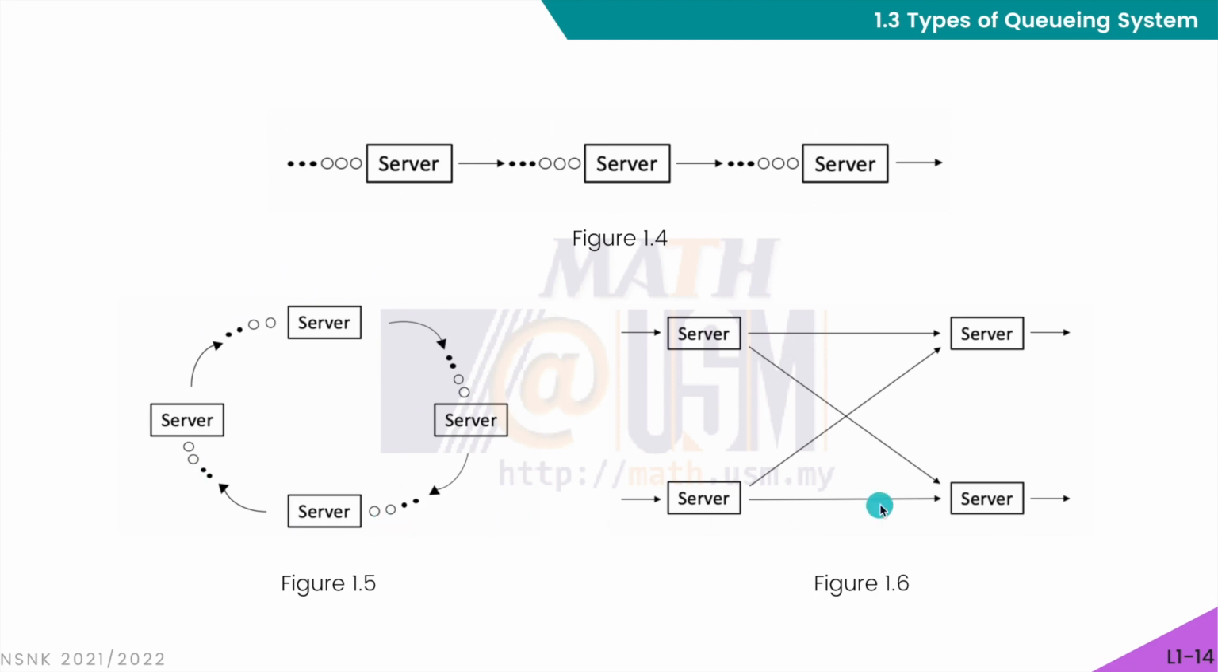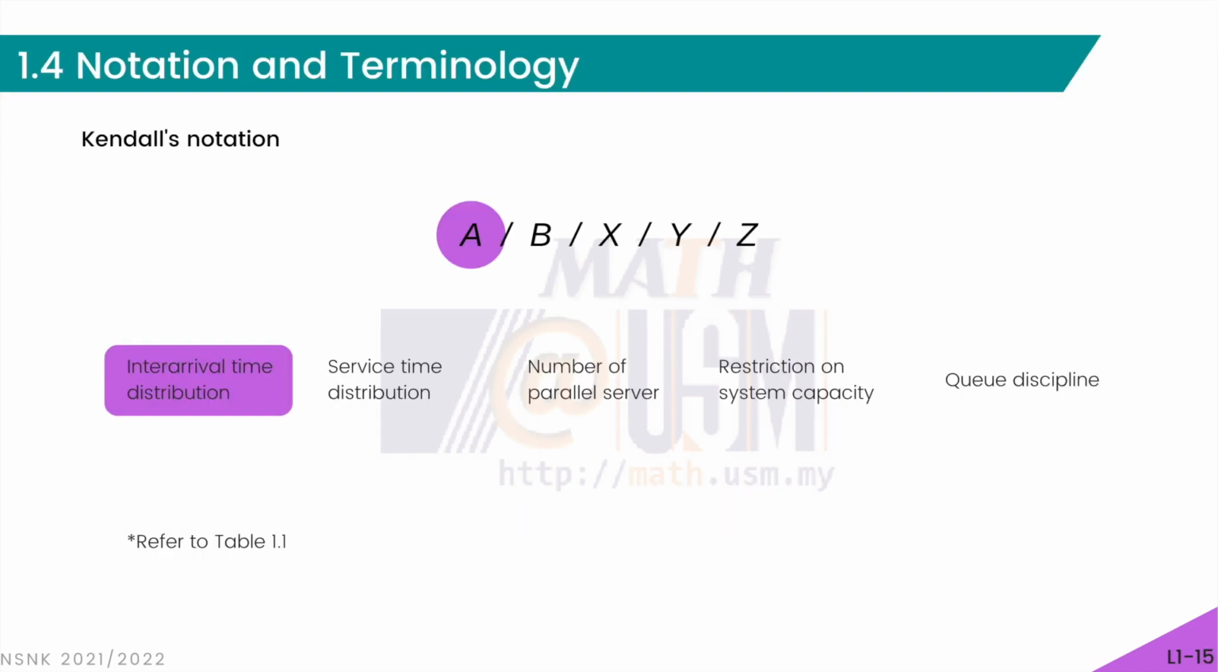And then finally a network queue. The customer has to line up, go to a server and then go to another server, depending on the service that the customer needs to receive. So those are several types of queuing systems. There are also other types as well, but we're just going to discuss these 5 types. Then we're going to move on to the standard notation and terminology usually